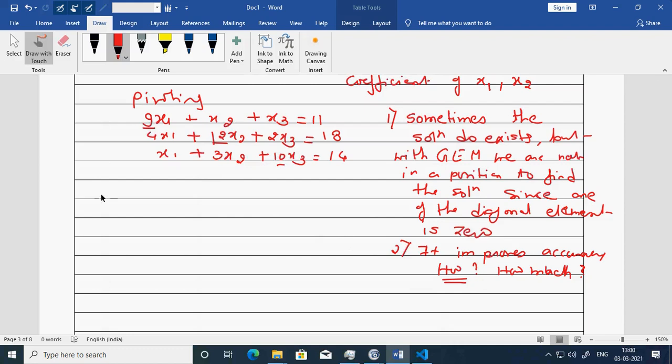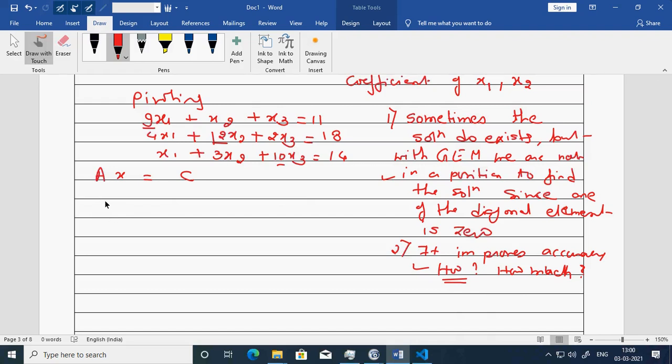Okay, so this is what pivoting is. Now I write AX equal to C. So these are the advantages. We will realize this later on. You'll understand immediately what difference it makes if the diagonal is 0. As for how it improves, once we solve one or two numericals, then we will be in a position to find out whether it really improves, and how much, of course we cannot tell, but it improves.